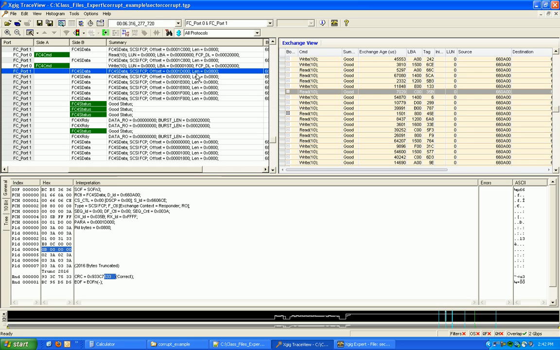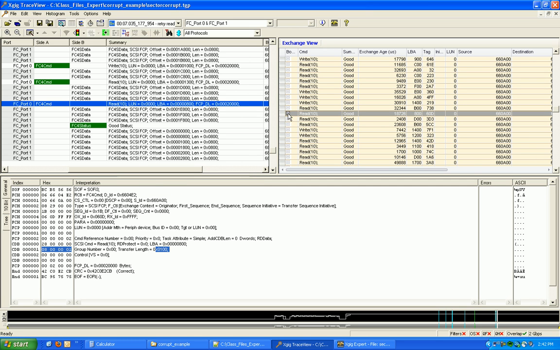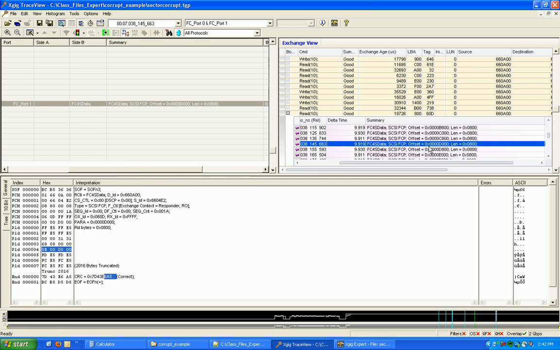A couple other things to note real quick. Let's look at this. So, Expert. Let's see if they have any explanation, because we have this nice sequence: write, read, write data, read, and then corruption, and then a retry. We can go check our retry. Actually, let's do that too real quick here. Exchange view, the retry,